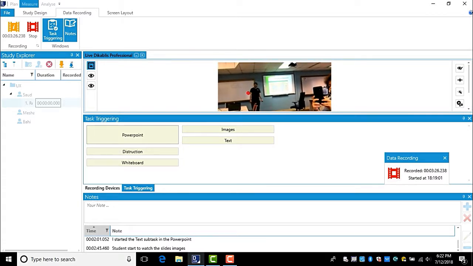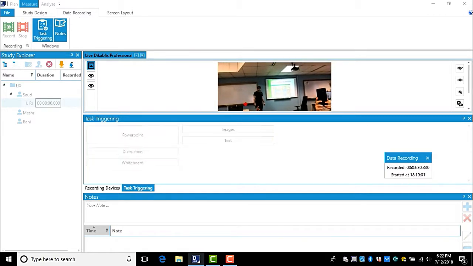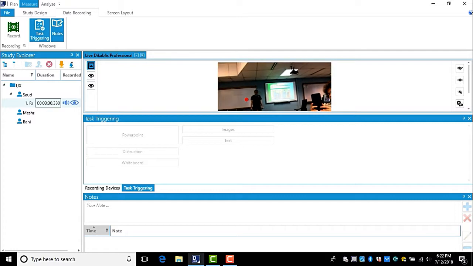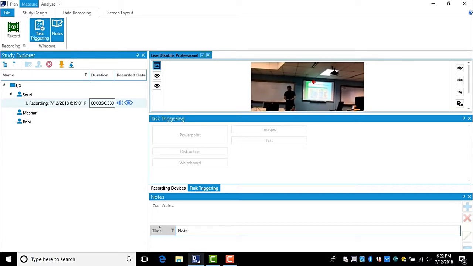When we are satisfied with our data, we may click on recording, the red bar, and the recording of the data is completed. And as you see here, that indicates the recording audio, video with the time for this